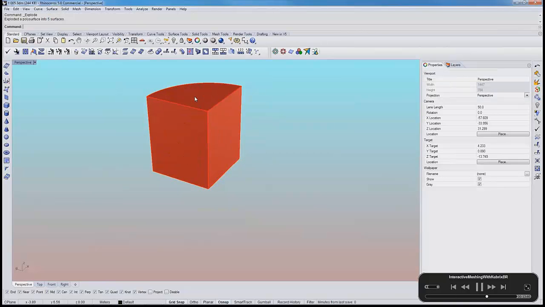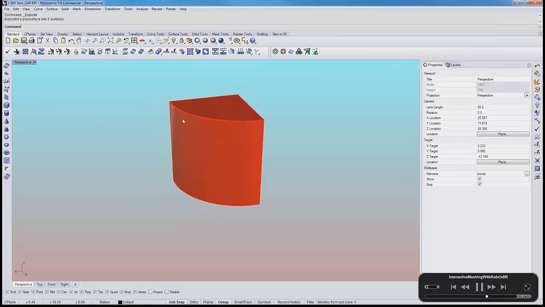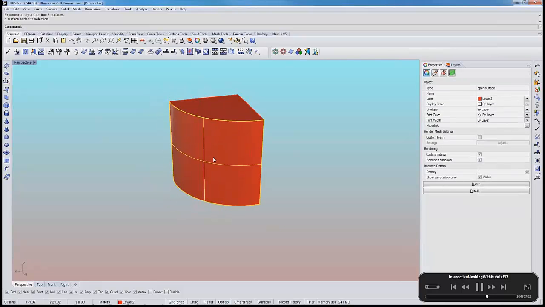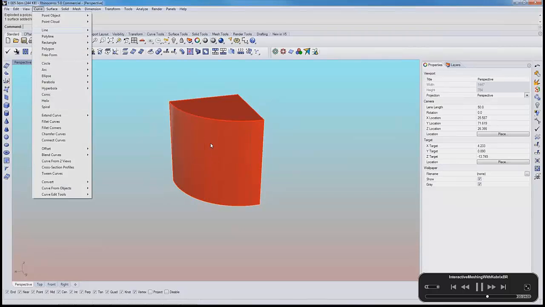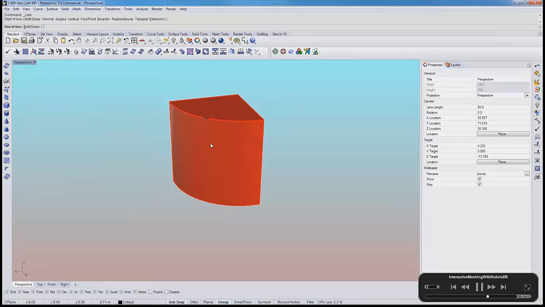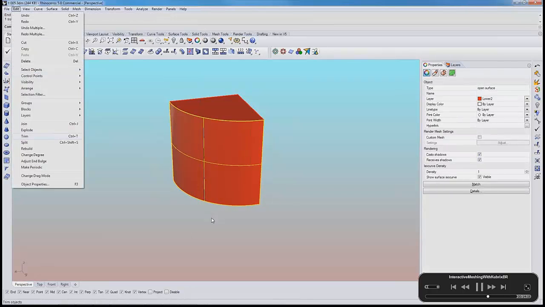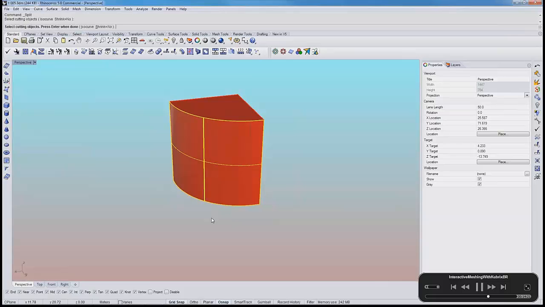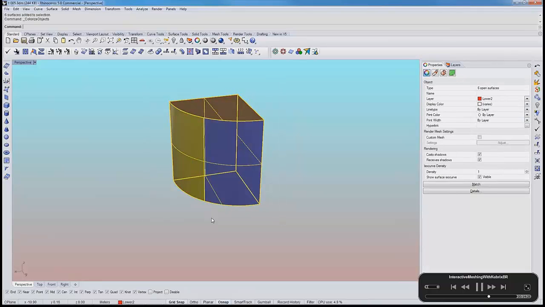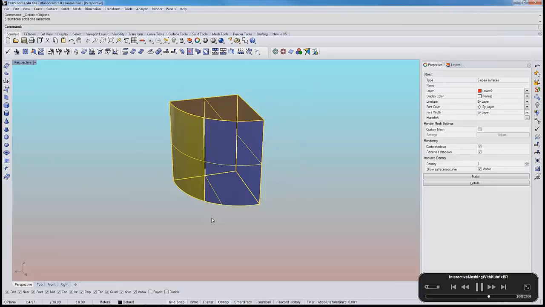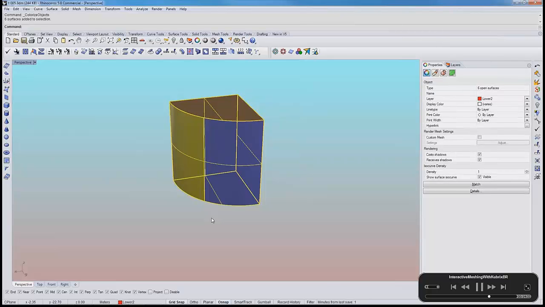So you will see here that now this surface, the curved surface that is facing us, will be split in 2 pieces, either by a line here that we draw from the center of the top curve to the center of the bottom curve, and we use the split operation to do this. And after doing this, we get rid of the line that we used, and these are now the 6 surfaces that we have. I've colorized them separately, so you can see that now this object is very similar to a